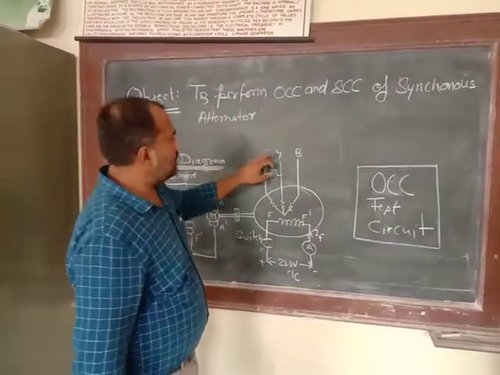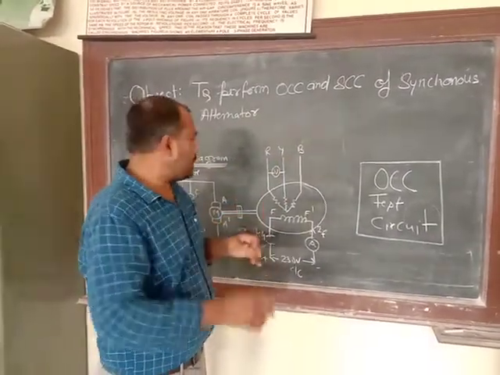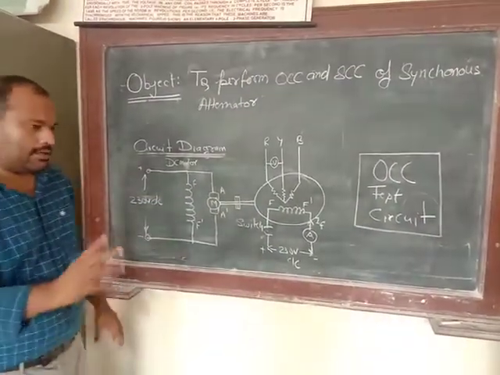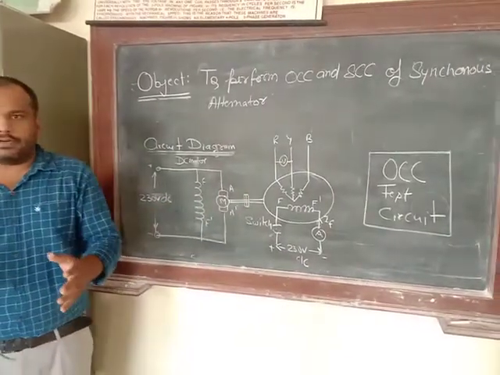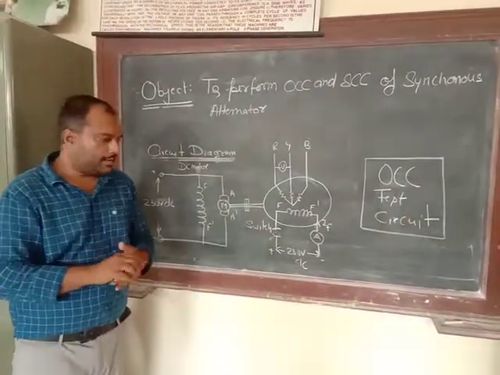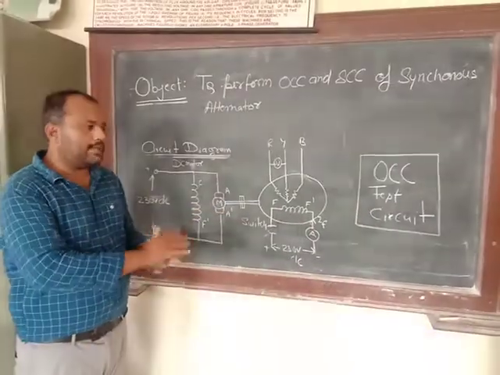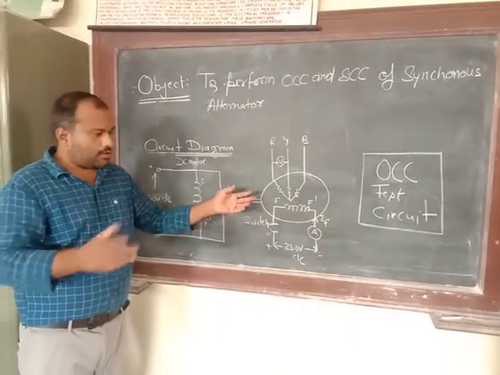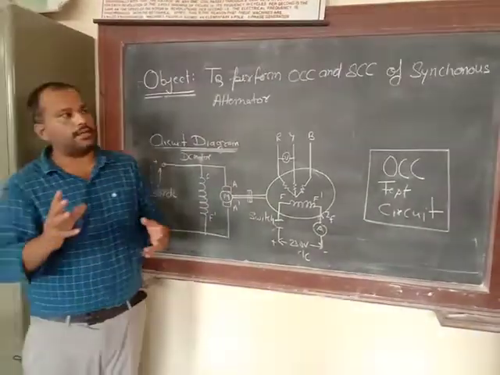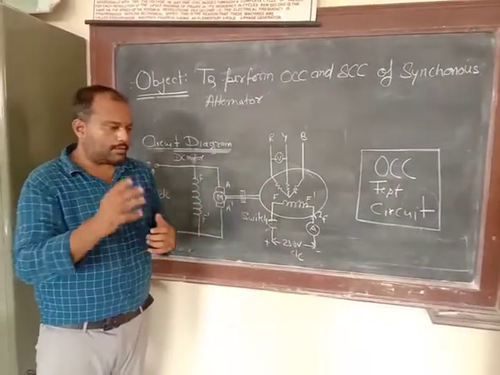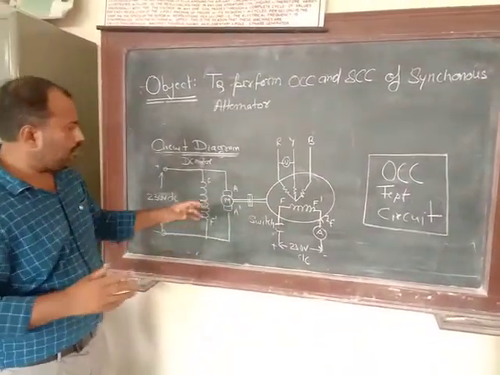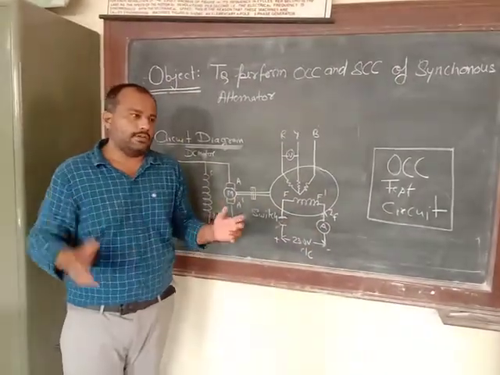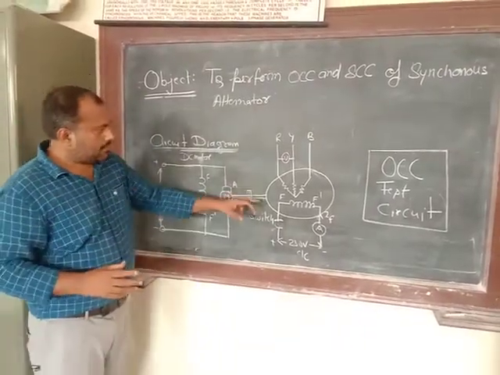And here you can see that all the 3 terminals remain open. So there is no load connected across the terminals of an alternator. So what we'll do, we'll initially give supply to the DC motor, and then the DC motor will rotate, and because this alternator is connected to the shaft of the DC motor, it will also rotate, and the synchronous alternator rotates till 90% of the synchronous speed. At that point we have to switch on the DC supply in the field winding, then it will actually synchronize the alternator.